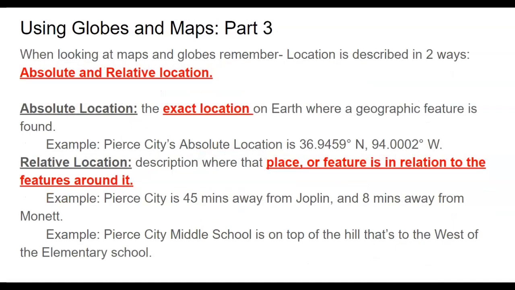When you look at your globes and maps, you can also look at the idea of absolute and relative location, like we said before. Absolute location is the exact spot, so that's where we have our coordinates. Relative location is a description of where the feature or the place is in relation to something else. So we talk about Pierce City and Joplin, or Monett, or